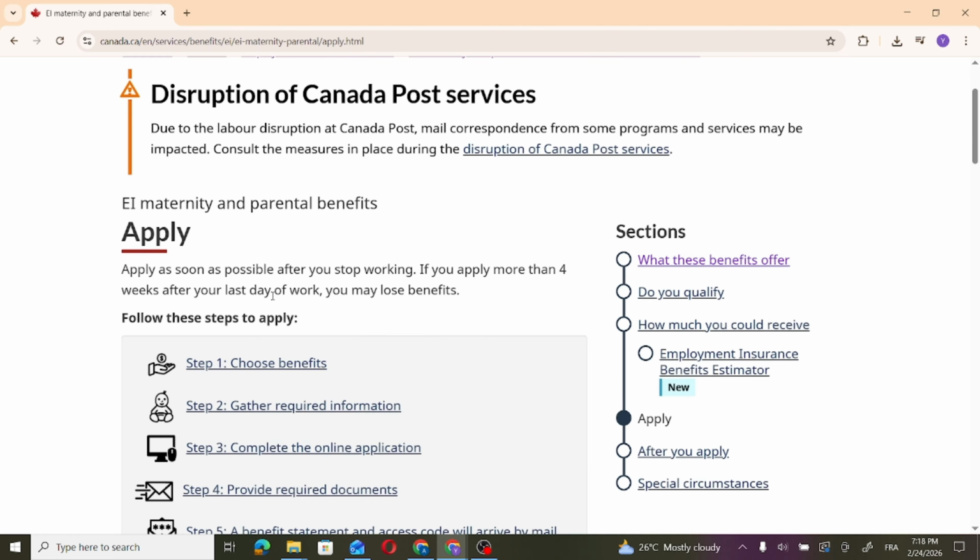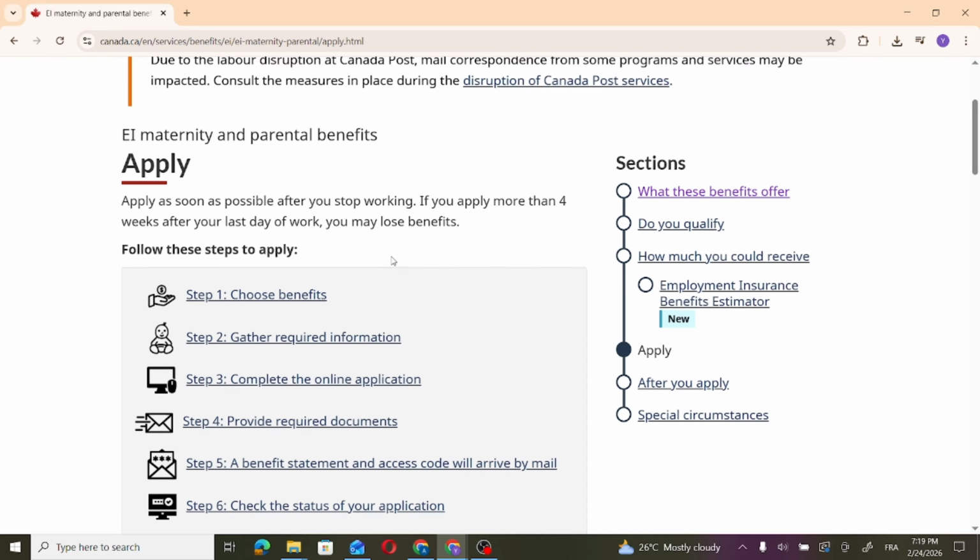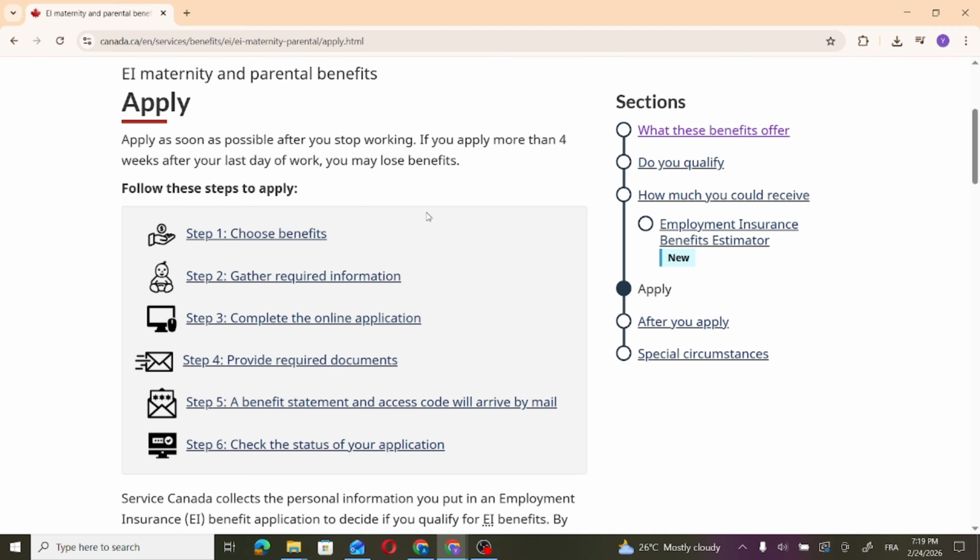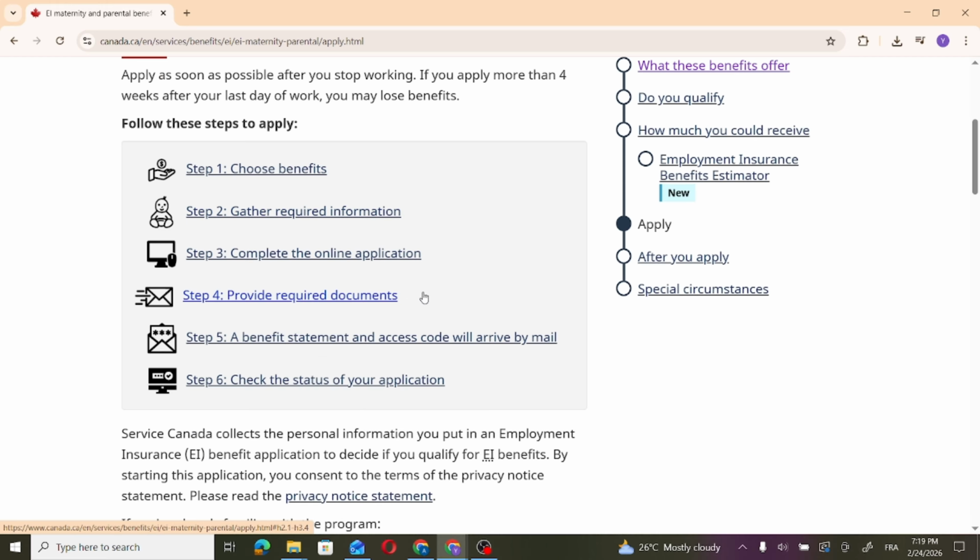Now you can see follow these steps to apply. Section 1, choose benefits. You will choose maternity leave and then gather required informations, complete the online application, provide required documents. A benefit statement and access code will arrive by mail, and then check the status of your application, and